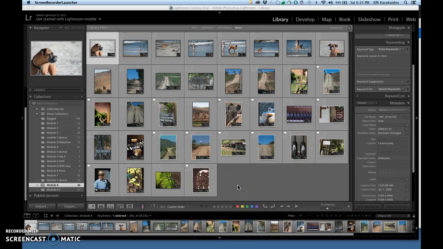Here I'll discuss Lesson 8 and the book module. You're asked to shoot images to create a narrative or a story. It can be a step-by-step or a story, basically telling the viewer a sequence of events without having to use words. So for assignment 1, you shot your images, imported them, keyworded them, and so forth, created a screenshot and